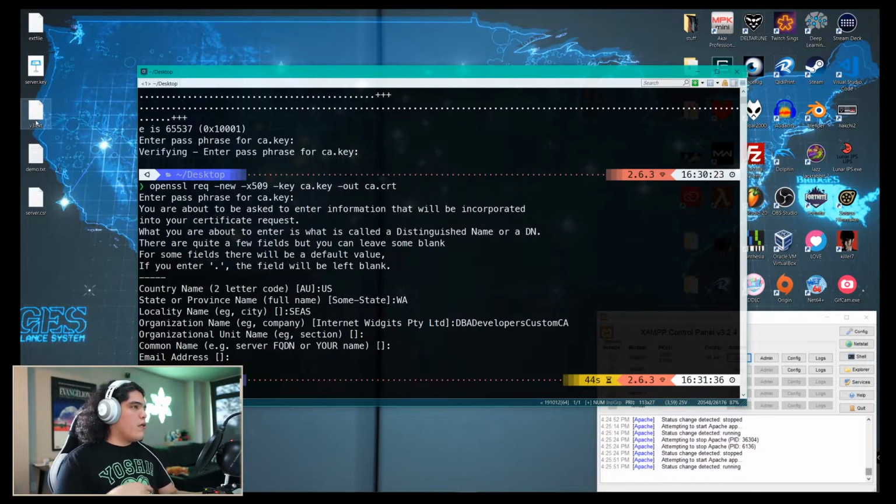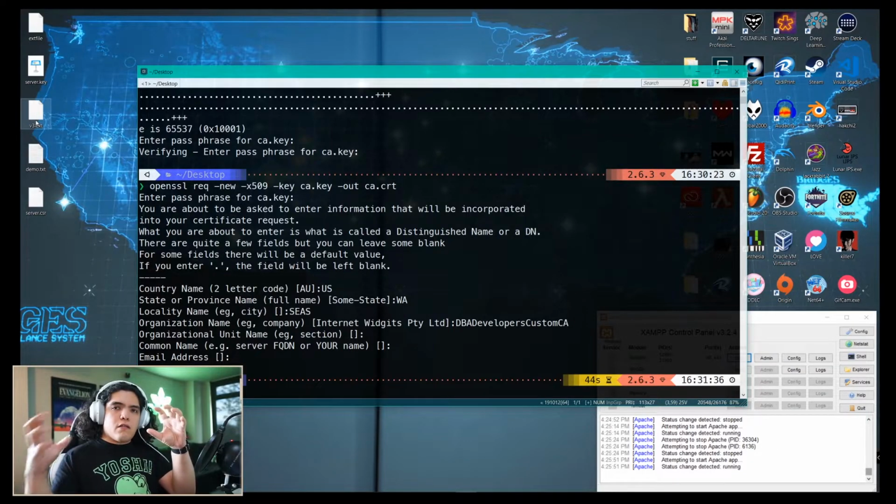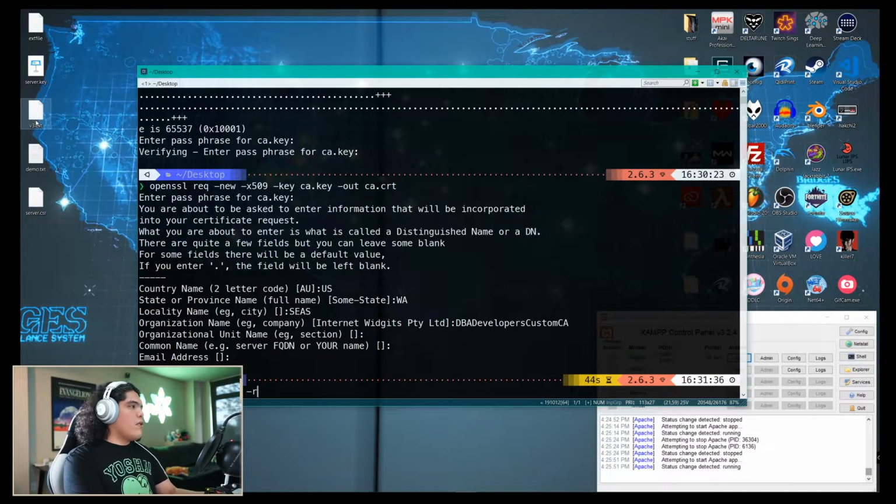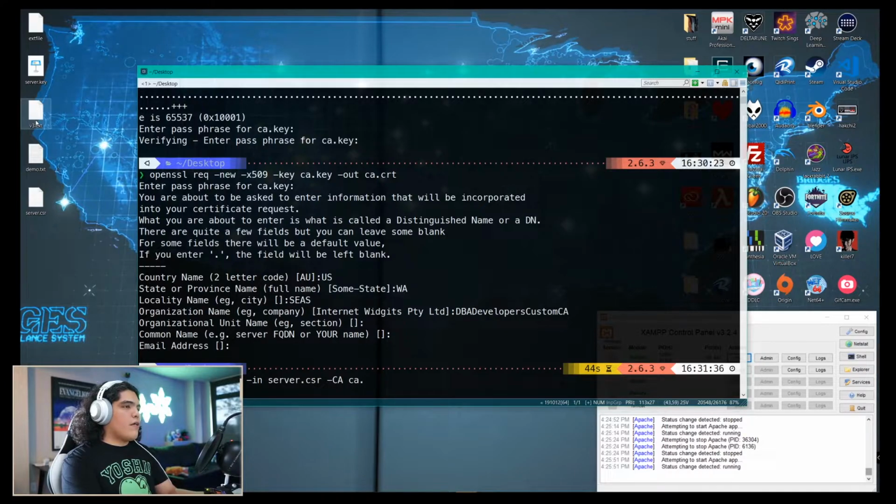Okay. So now that we have a CA certificate, finally we need to take the CSR that the client sent to us and the CA certificate, and sign the CSR with the CA certificate. And you do that with OpenSSL x509, again, -req -in, pointed to the CSR, -CA ca.crt, -CAkey ca.key,